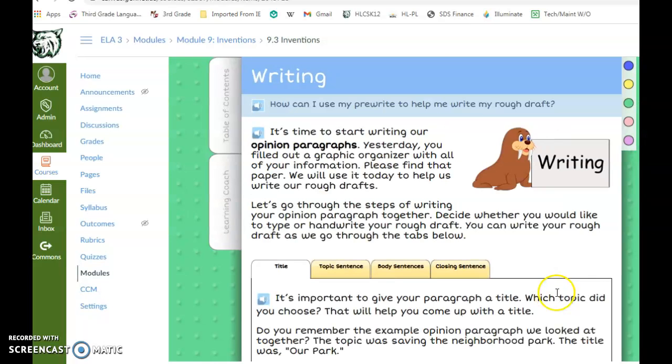Our opinion paragraph. So today on a scrap piece of paper if you can start writing your opinion paragraph. So yesterday you had to